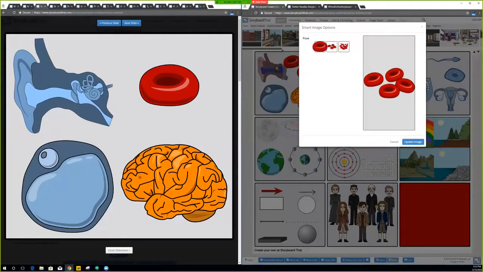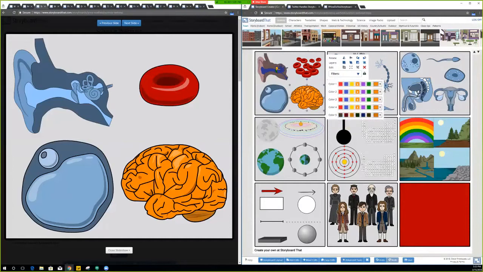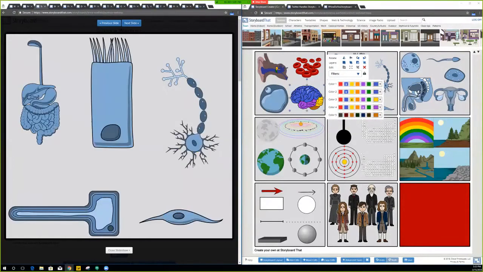So in this case, the red blood cell, you can show 1, 4, or many. Also, you can change the color here in case you wanted to show blood cells that need oxygen or blood cells that just had oxygen returned. So an example here, and let's go on to the next one so you can see them a little close